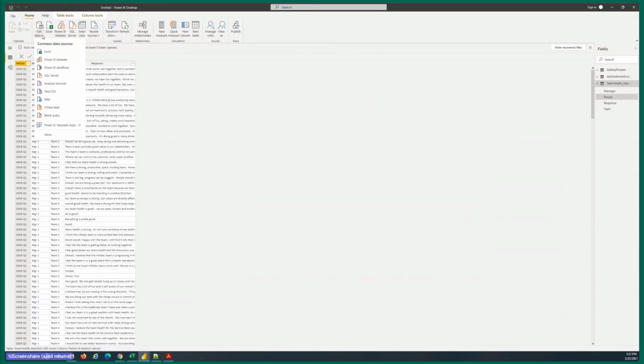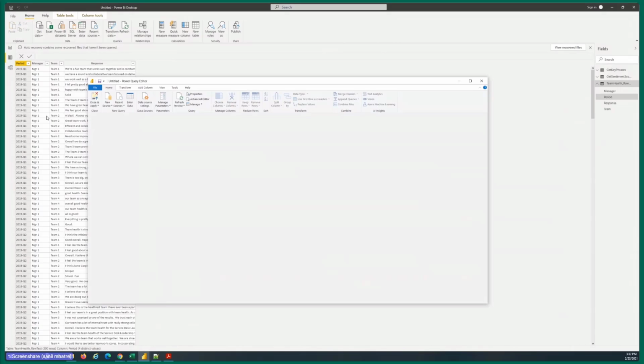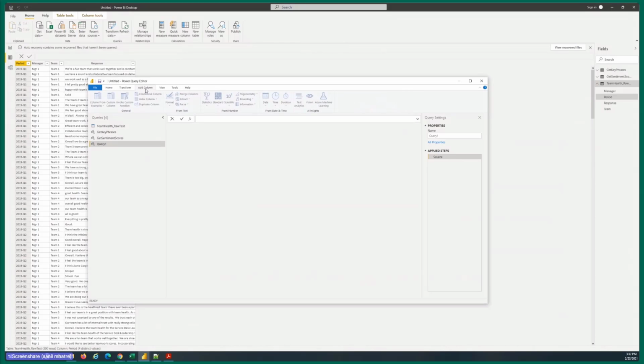Okay, so let's go to the query editor, because there are multiple ways to do pretty much the same things in Power BI. So for some reason, if this section does not work for you, you should be able to launch the query editor again and then go to the add columns button.